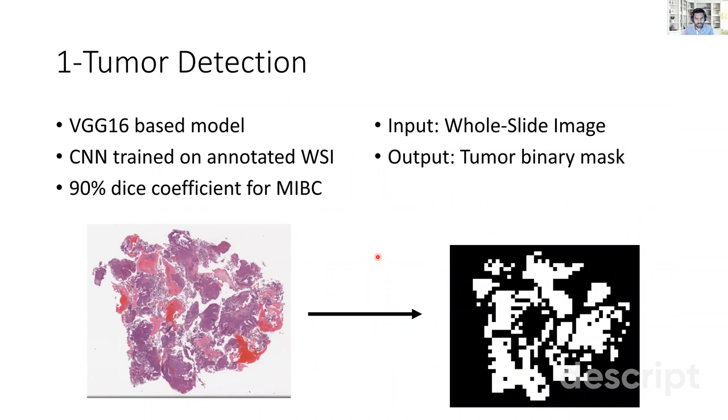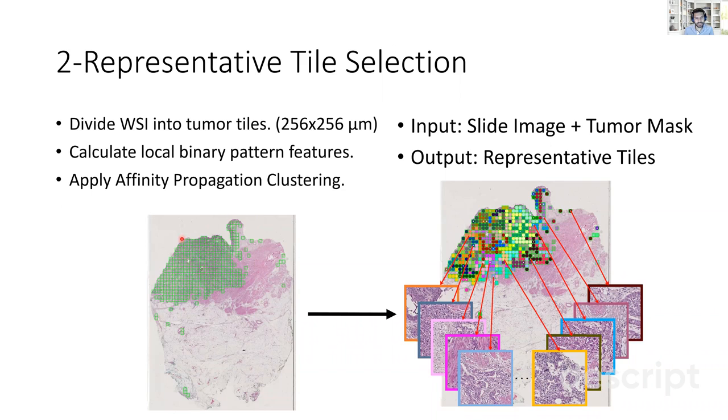Okay, moving on to the methods. First, we performed tumor detection using a convolutional neural network based on the VGG16 architecture and trained on pathologist annotated whole slide images. Then we take the binary mask of the tumor regions and divide them into non-overlapping tiles of 256 by 256 microns and calculate local binary pattern features on which we perform affinity propagation clustering. From there, we select the exemplars of these clusters and use those as representative tiles, which allows us to reduce